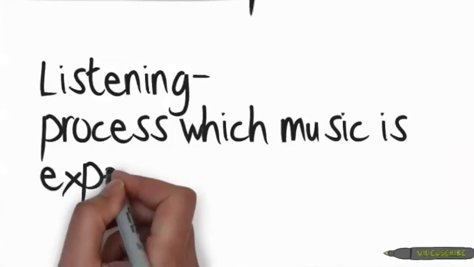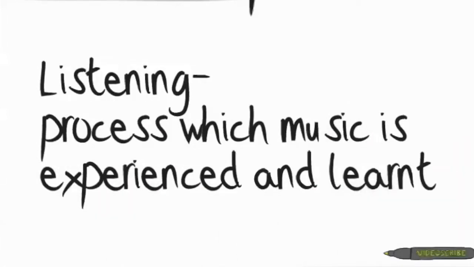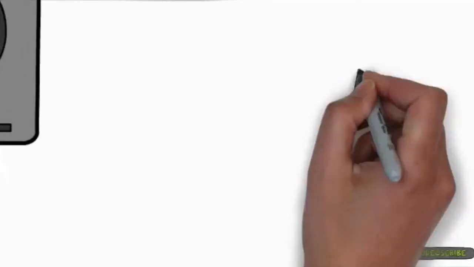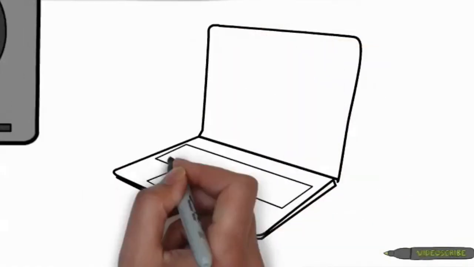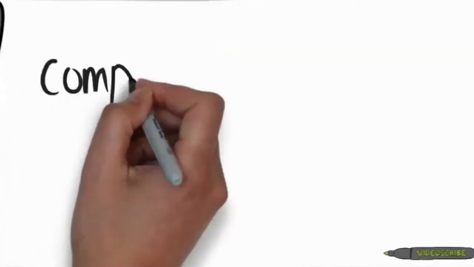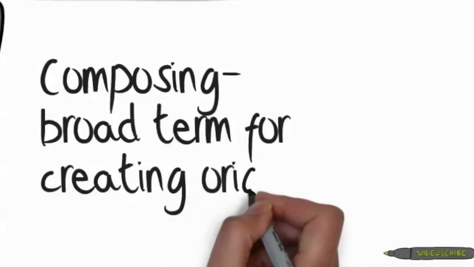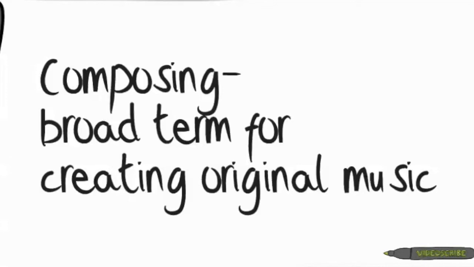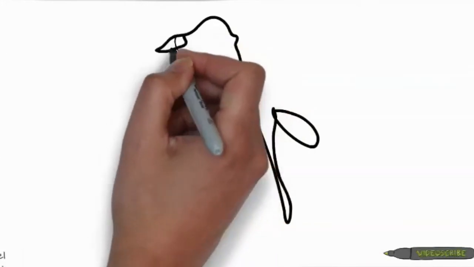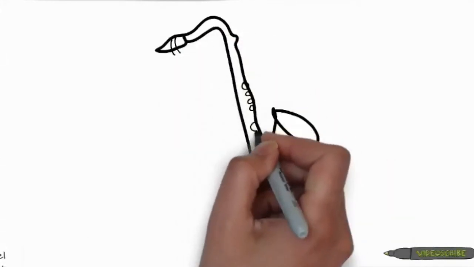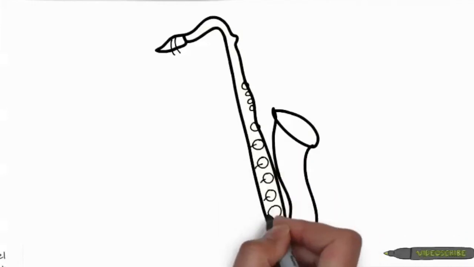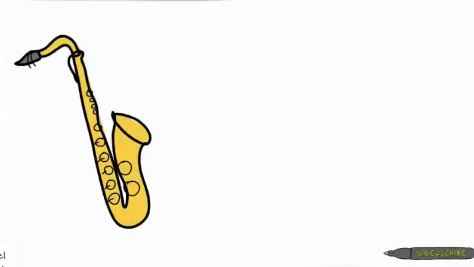The second section of knowledge and skills of music is skills, techniques, and processes. When making and responding, students' musical skills are best developed through activities which integrate techniques and processes of music. Techniques and processes of music, which is also broken up into 3 sections. Listening. Processes through which music is explained and learned, for example, listening to, analysing, comparing a range of repertoire. Composing, a broad term for creating original music, for example, improvising, organising musical ideas, creating accompaniment patterns, and arranging and writing original works either individually or collaboratively.